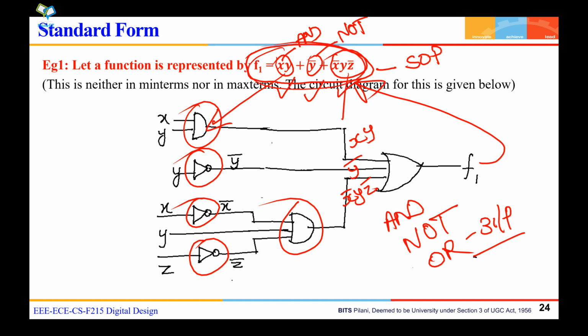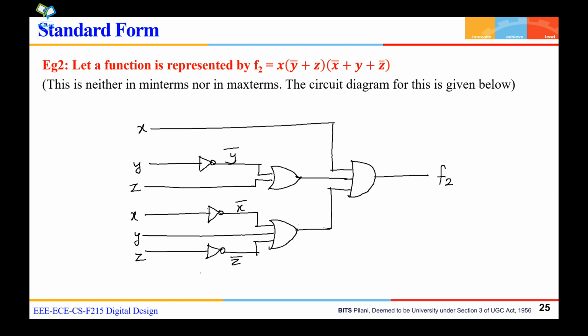Now let us see how you implement this Boolean function using only universal gates. It has been told earlier that NAND gate and NOR gate are the universal gates. Now you can see there is another Boolean expression here, and this is actually using max terms, right? See here, this is product of sum.